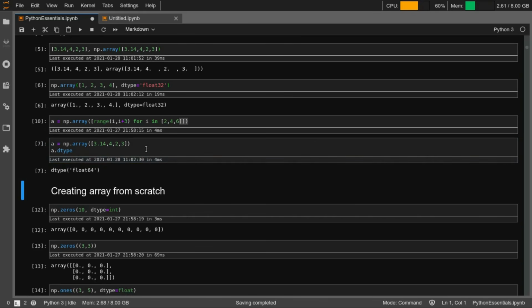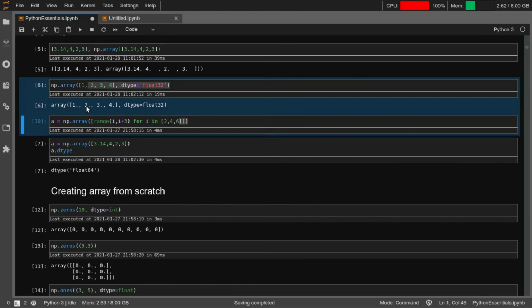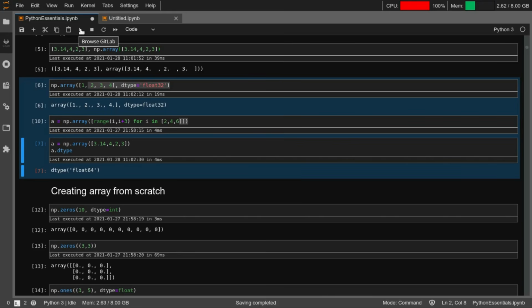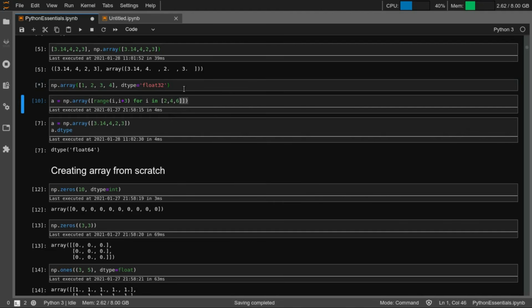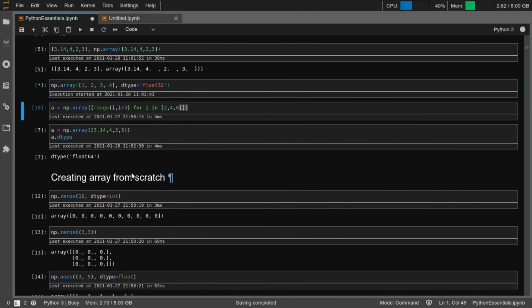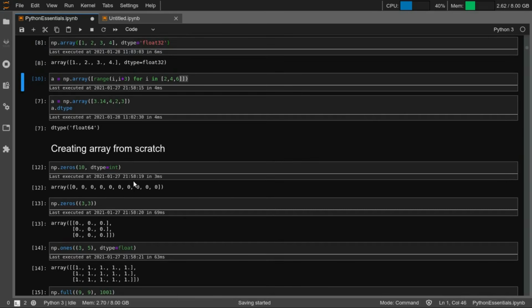So what you can see is that for executing each of these cells, one option you have is to click on this. You can select multiple cells and click on run, and they will be executed sequentially. But another option is to select that cell and press Shift Enter. Shift Enter would also execute that cell, right? So you can choose which cells to execute and so on.